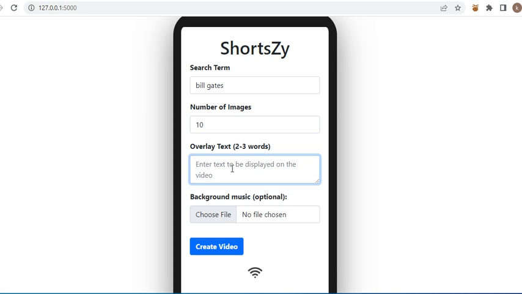And then overlay text is the text that will be over the video. It should be a call to action. For example, you can say check comment for link,